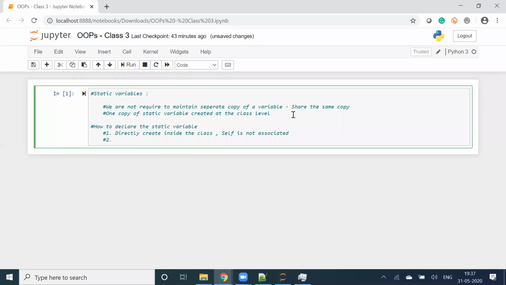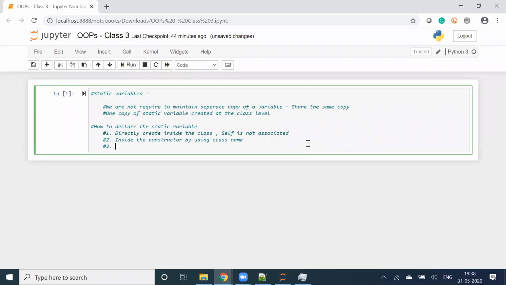We'll see all the options. There are 5-6 ways we can create it. We'll talk about that and we'll see the example as well. Second is inside the class directly, that is what we discussed. Second is inside the constructor by using class name. Okay, inside the constructor I can also create it, but by using class name.